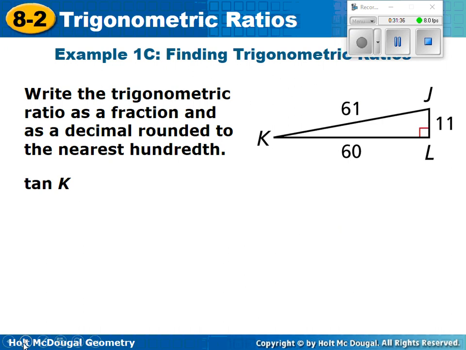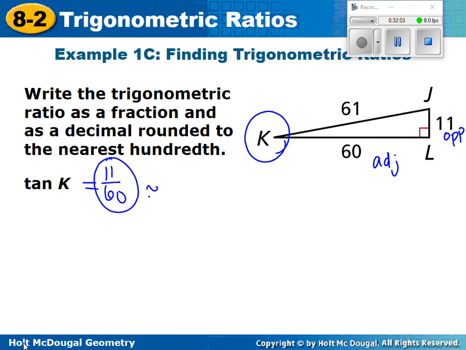Okay, the last one, I just want to warn you, be careful because what did they change? The angle. Sometimes that can catch you if you're going too fast through your homework and you don't pay attention. So now we're looking at K, and we want the tangent. What's the tangent? Opposite, which would be 11, and adjacent, 60. So that's just going to be 11 over 60. And we're going to round that and get approximately,